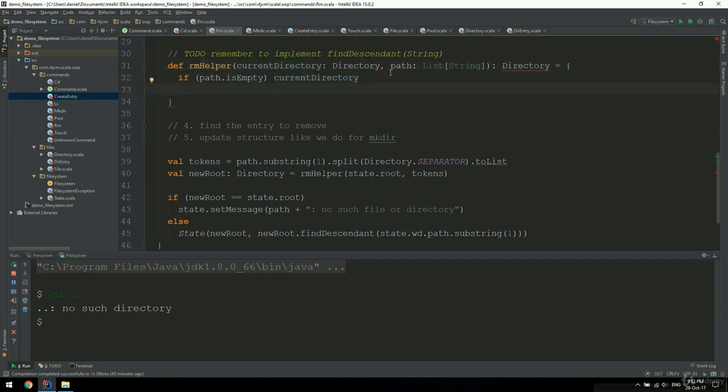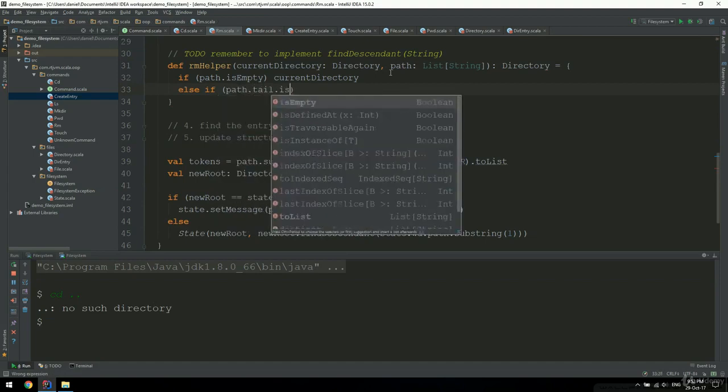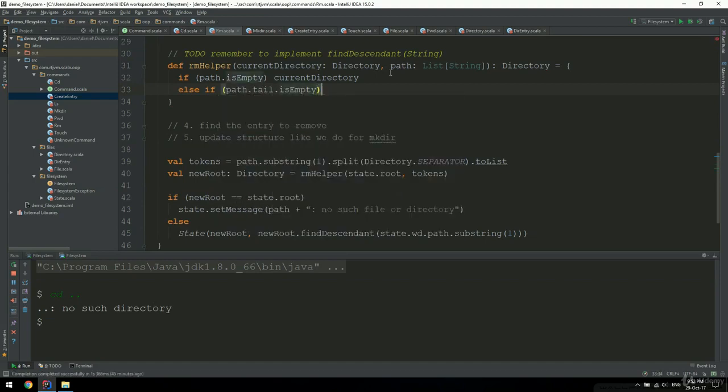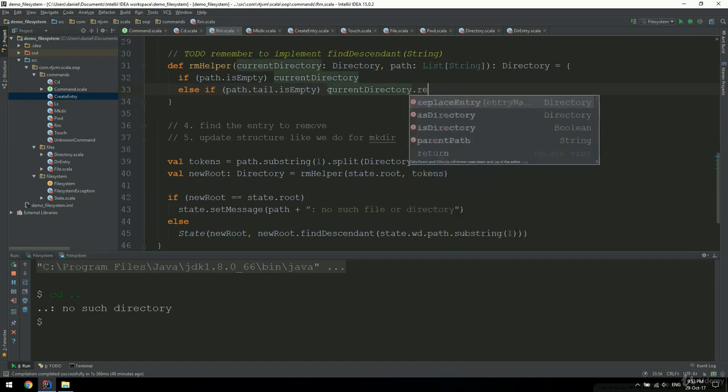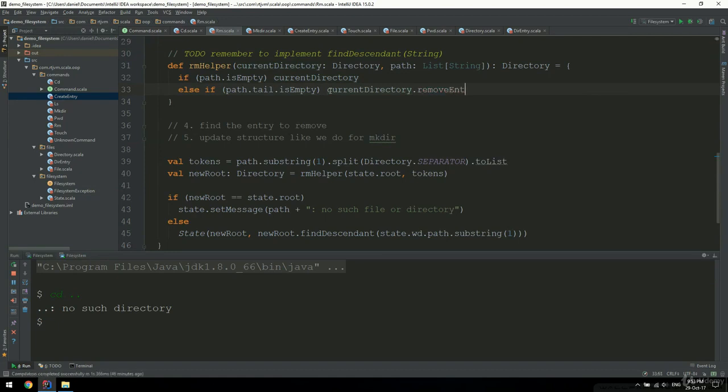Okay. Otherwise, if path tail is empty, then we're into business, because we don't need to navigate anymore. So we need to remove the entry denoted by path head from the current directory. So we're just going to say current directory dot. We're probably going to need to add a new method called remove entry or something like that. So given the name of the entry that we want to remove, which in our case is going to be path head. Let's create this in